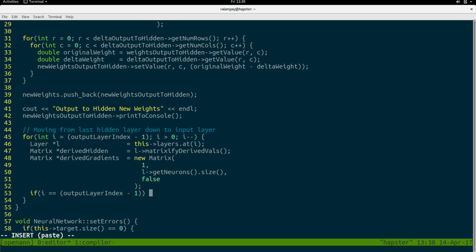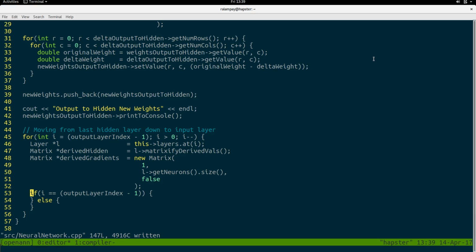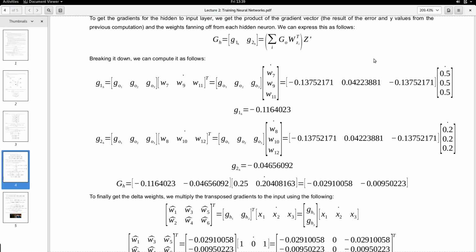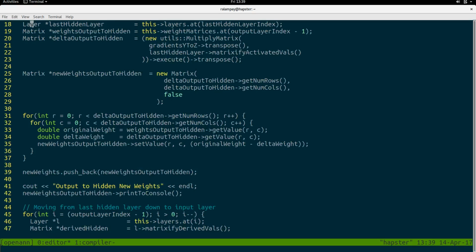If I'm in the last hidden layer, I'll do something, and else, for all others, I'll do a different process. So if I'm in the last hidden layer, then my gradient outputs will be this thing,